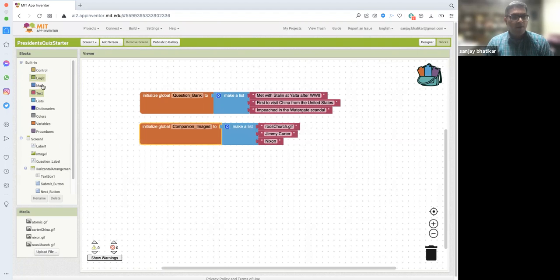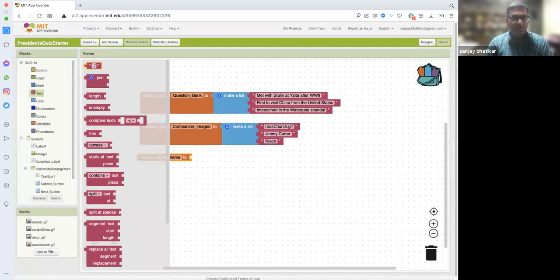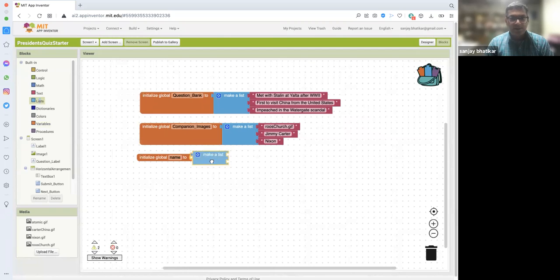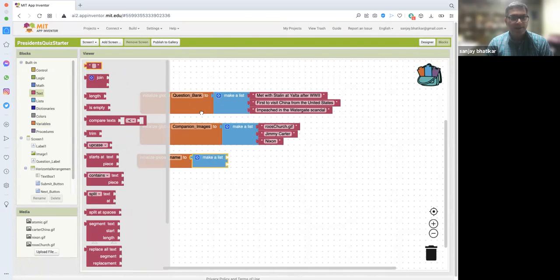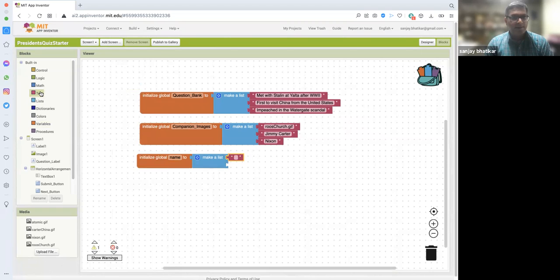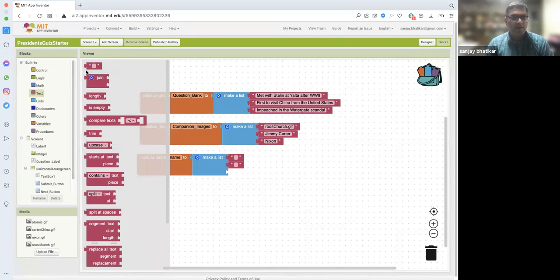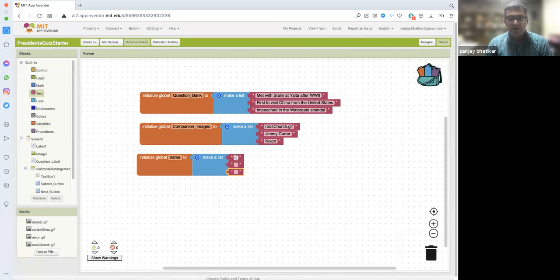And we need one more for the expected responses. So another global variable, and now you know the drill. So I'm going to speed this up a little bit. Go to lists, grab the make a list component, go to text and grab text. We need a list of 3, so go to the settings wheel and add another empty text box. And what is this list for? The expected answers. So expected is going to have